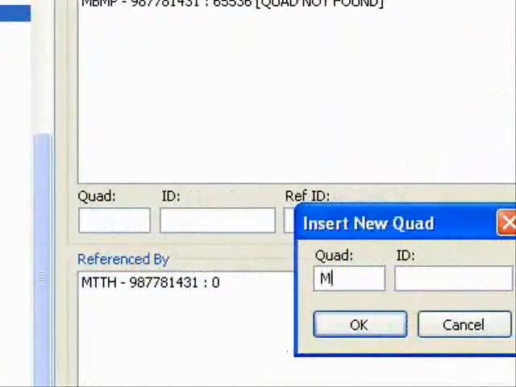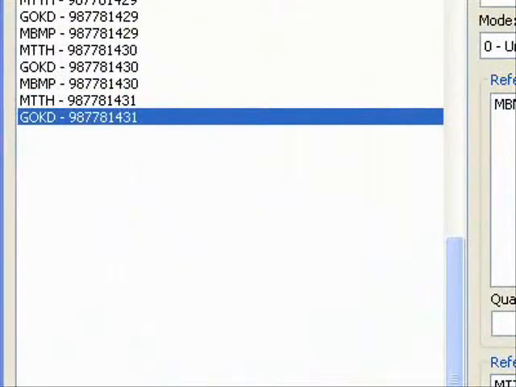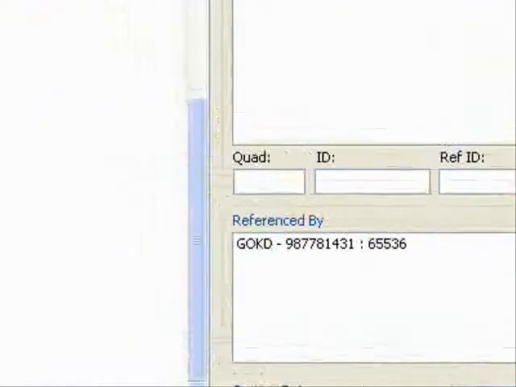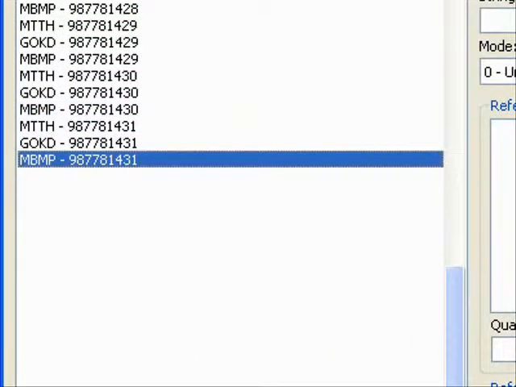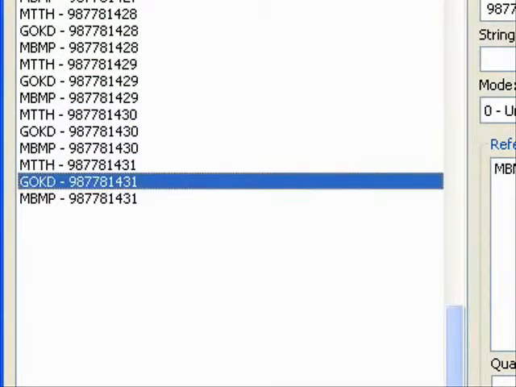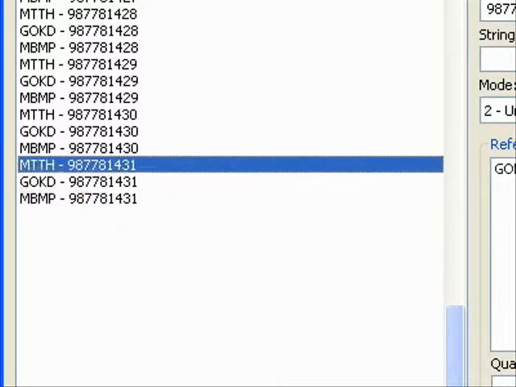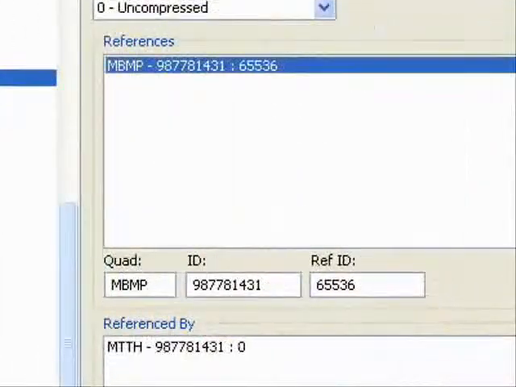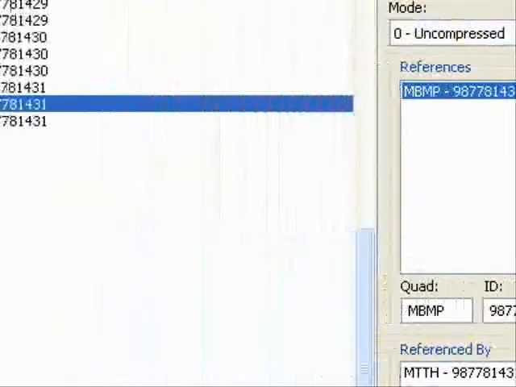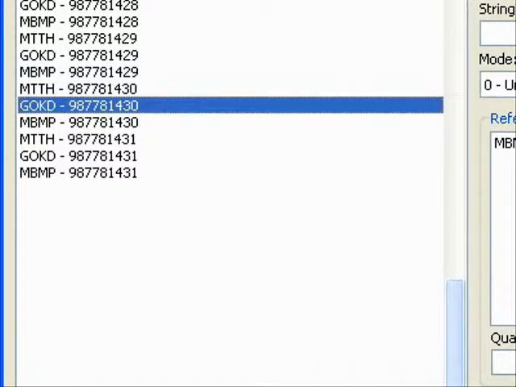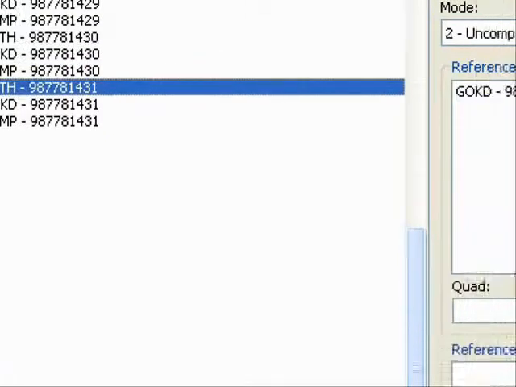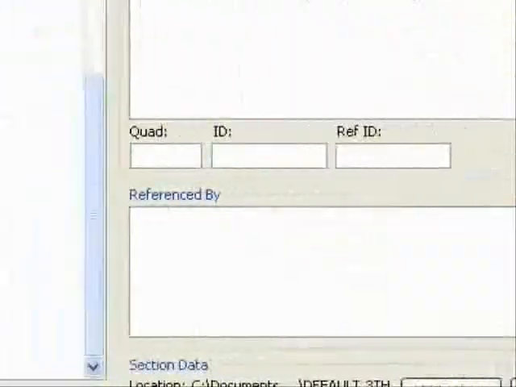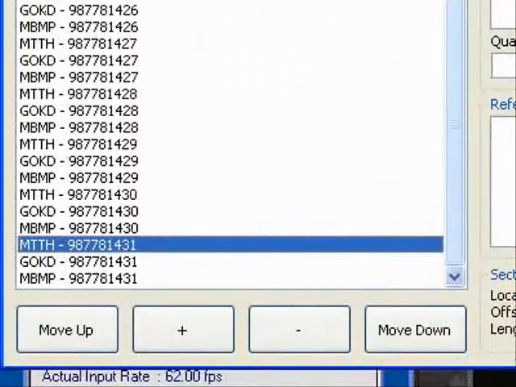MBMP. The ID number is 987781431. And that is good. It's all good. If you need to make extras, you just do the same thing. Just copy what these are. Make sure that the reference IDs are 0 and 65536. I'm not quite sure why they're 0 and 65536, but hey, whatever works. Okay. So, there's one thing you have left to do,